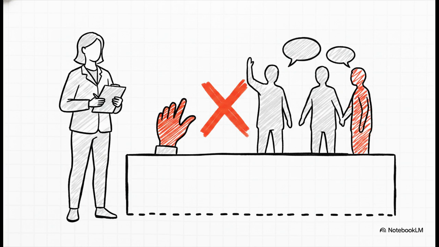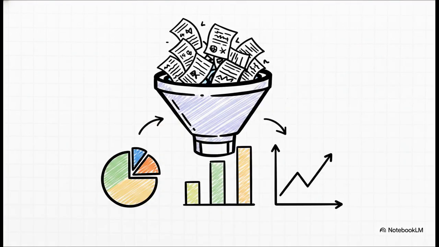Here, you're just a neutral observer with a clipboard. And finally, characteristic number 5, it uses statistical analysis. Because once you've gathered, say, 500 completed surveys, you can't just stare at a pile of paper, right? You have to process that raw data. Common statistical tools used here are frequency, percentage, mean, and ranking. That's how you take a giant pile of raw numbers and turn them into a clear story about trends and